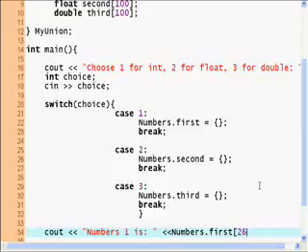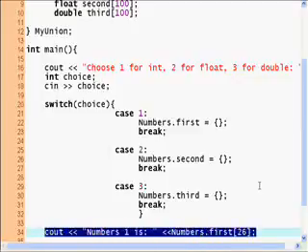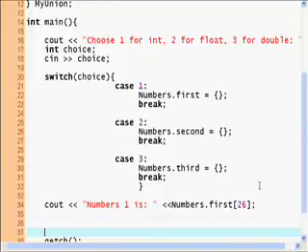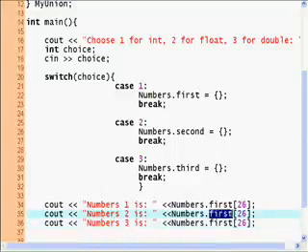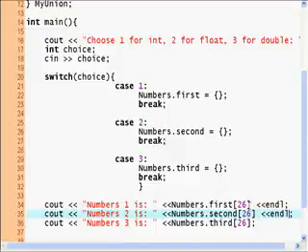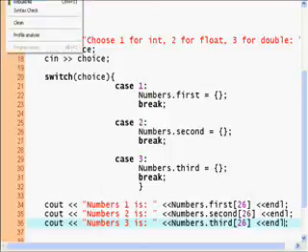Let's pick an element from inside. Same thing with all the other ones. So 2 more. Number 2 is numbers second, number 3 is numbers third, and let's put an endl everywhere. Simple as that. So if you don't know which data type you're using,